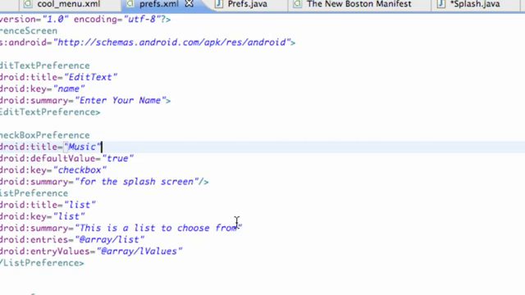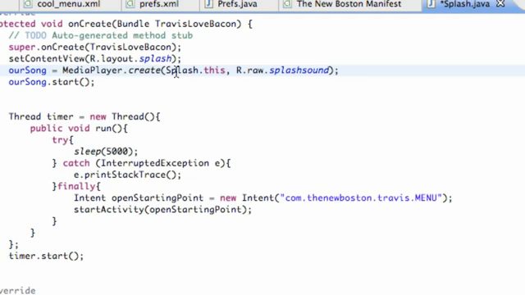What we're going to do in this tutorial is basically access at least our checkbox preference within one of our classes, which will be your splash activity. So what I did is I just changed the title to music and the summary that says for the splash screen. So what we're going to do now is basically go into our splash activity that we have set up